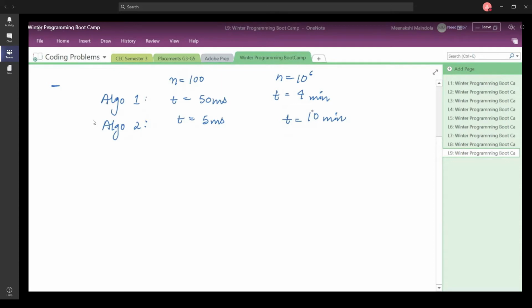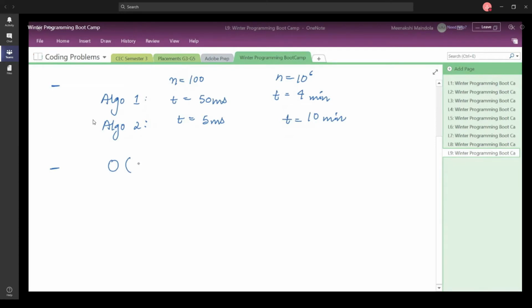Let us understand another thing here. Say for example that you have been given some time complexity.